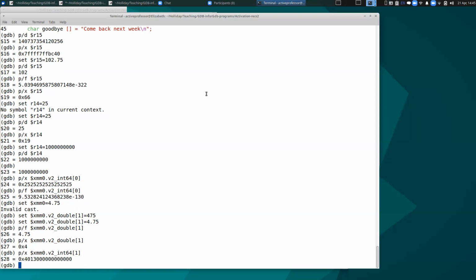which one did we do X? Oh, can we assign a value there? I'm going to take, here, watch this. P, set $sign XMM0.V2_ and I'm going to assign to it a hex number. So I'll stick with int64 in one position